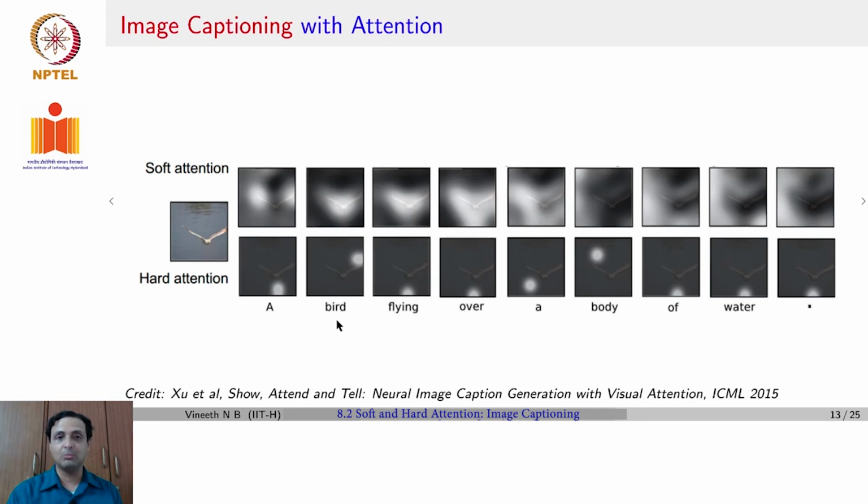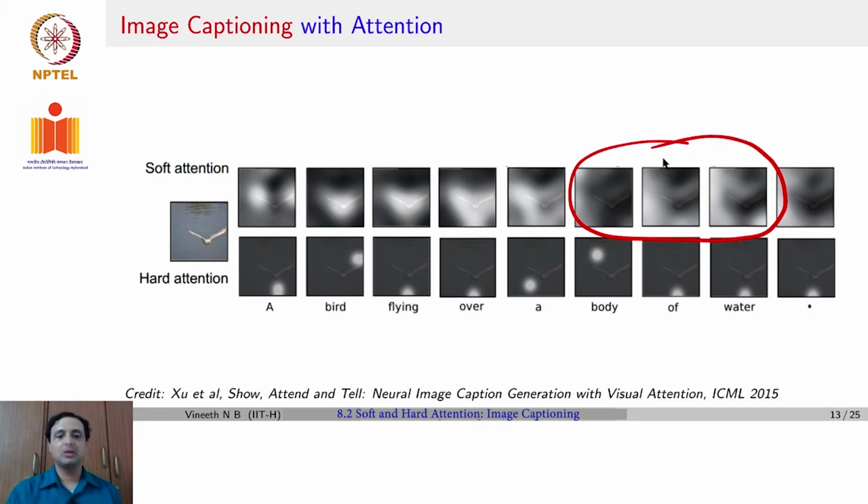When it generates the word bird, that's where its attention is. And gradually as it starts generating body of water, it looks at everything other than the bird. If you see this part of it, the bird is black and the rest of the image is white, which means the attention was suggesting the model to look at everything outside the bird to generate the words,